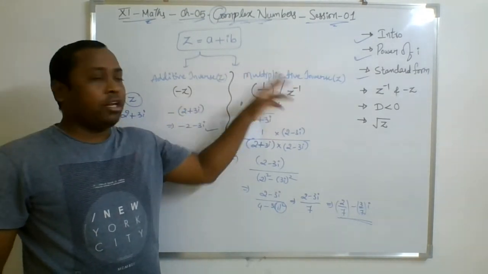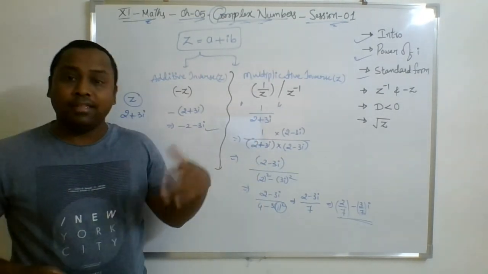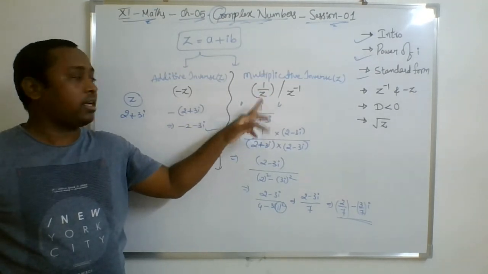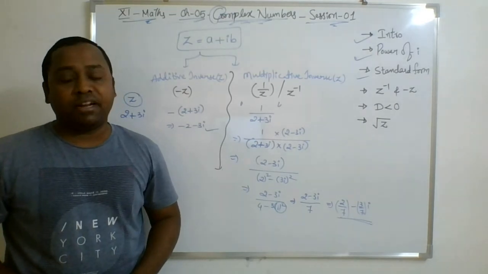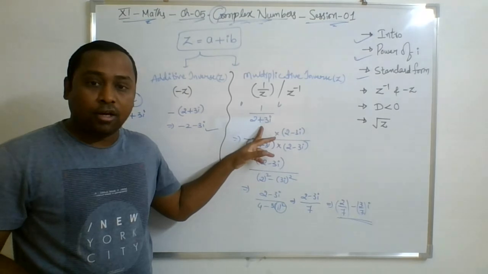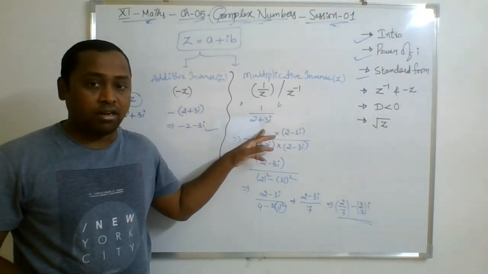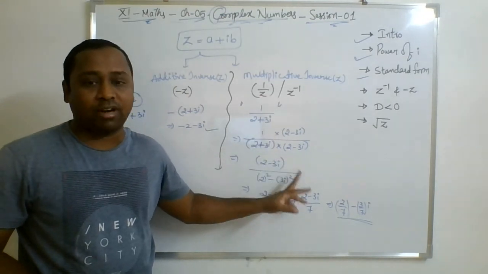But multiplicative inverse मतलब क्या करना होगा? एक कॉम्प्लेक्स नंबर का रेसिप्रोकल फाइंड करना है, यानी कि 1 बाई z की वैल्यू फाइंड करना है, यानी 1 बाई 2 प्लस 3i को बोलते हैं क्या? मल्टीप्लिकेटिव इनवर्स. बट हम यहाँ छोड़ेंगे नहीं, क्योंकि ये आयोटा टर्म है. आयोटा टर्म्स को हम डिनोमिनेटर में नहीं छोड़ेंगे और इसको आगे सिंप्लीफाई करने के लिए हम करेंगे रेशनलाइजेशन.